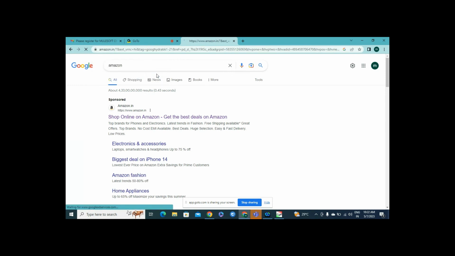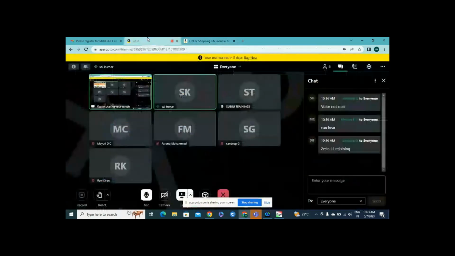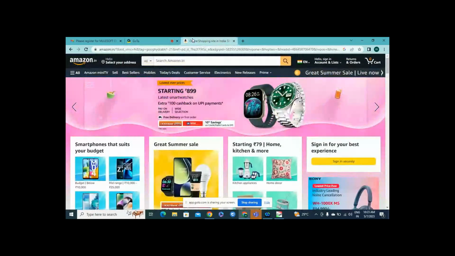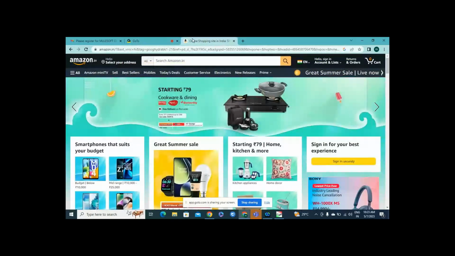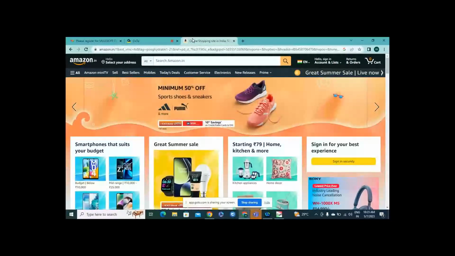I will explain one diagram, but first of all, before going to the diagram, I will explain in a generalized way, forgetting about all technologies. On Amazon we can do our online shopping, for things like mobiles, clothes, all these things.